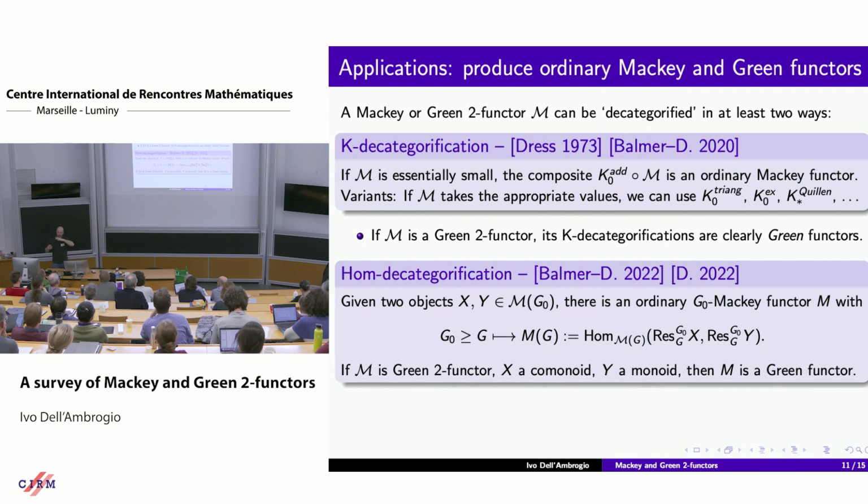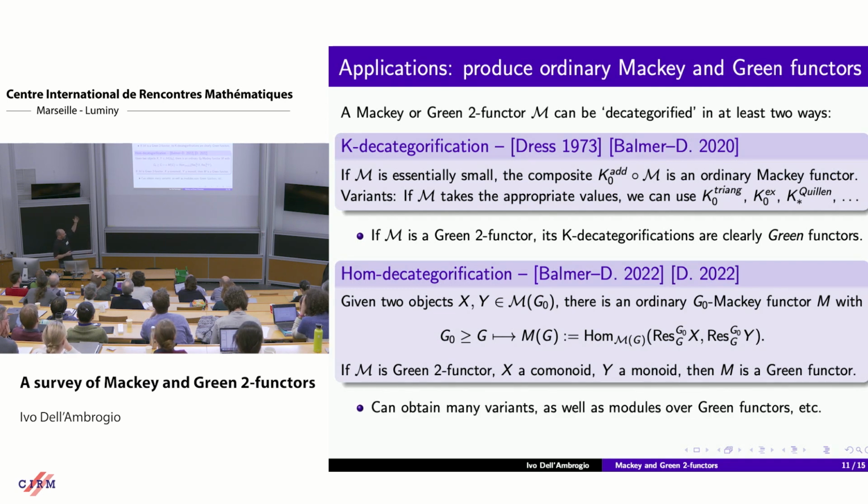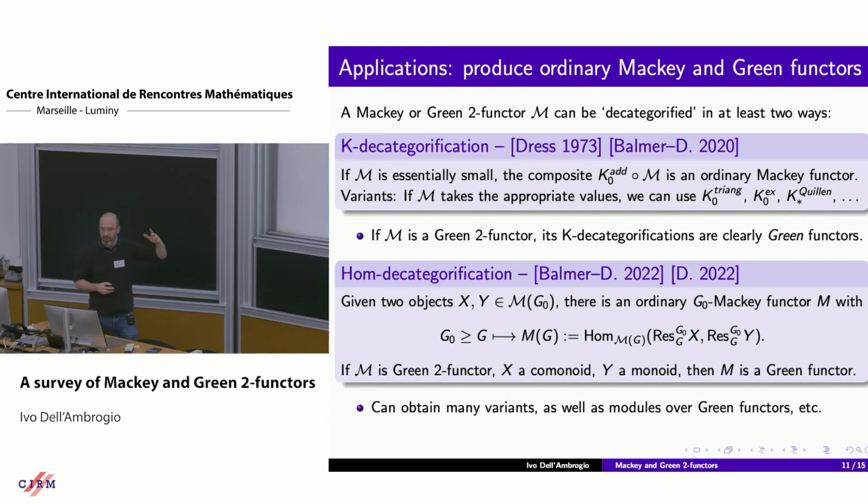You can do, if you have a coherent family of pairs of objects, for every G, you can do the same trick. And you get global Mackey and Green functors. Now, as I was saying, there are variants of these things, and also you can get actions of green functors